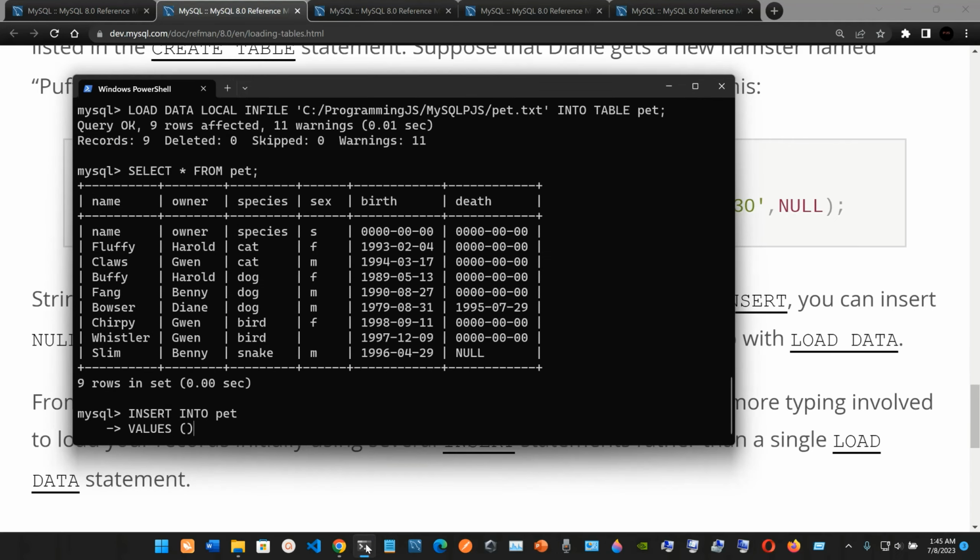So now open close parentheses, and we're going to put 2 single quotes, and the name is going to be, I think it was Puff. Okay, Puffball, like this, comma after the 2 single quotes. We're going to open single quotes again. The name is going to be Diane. So like this, comma,